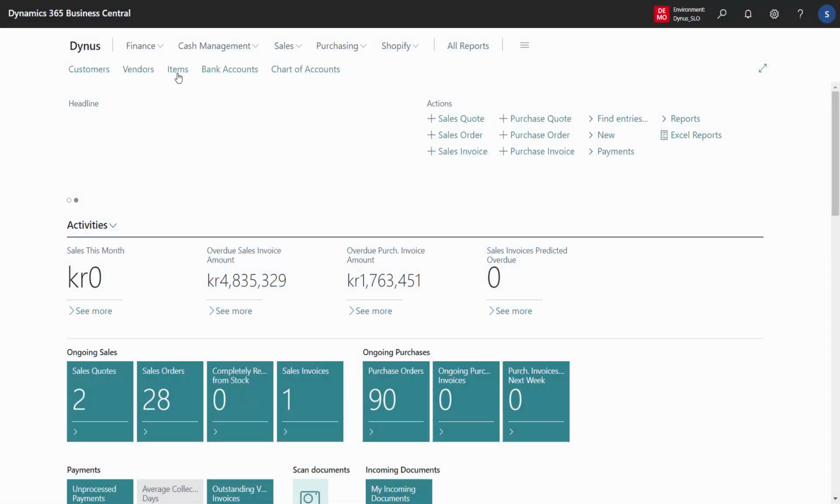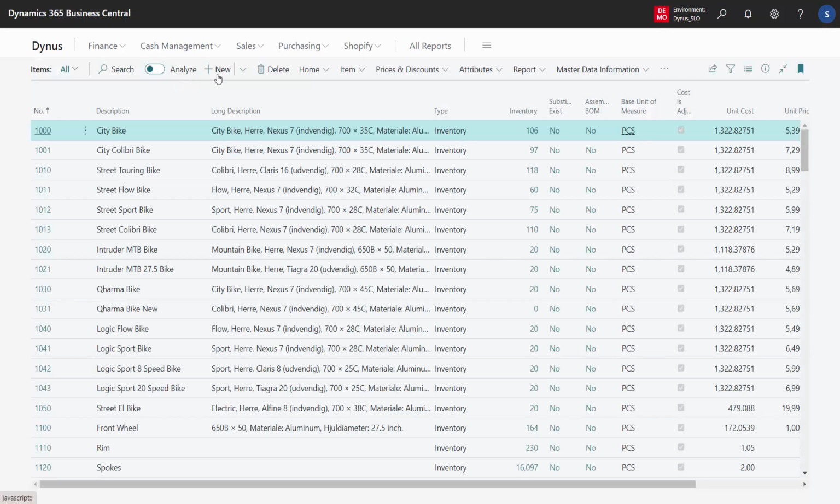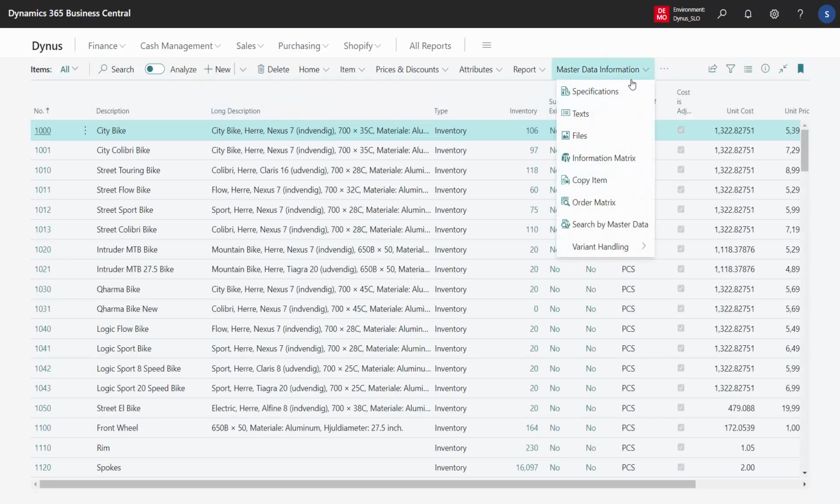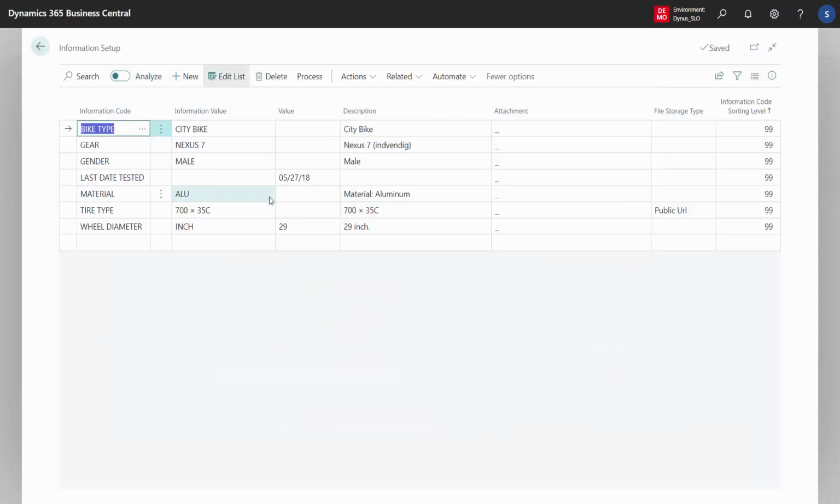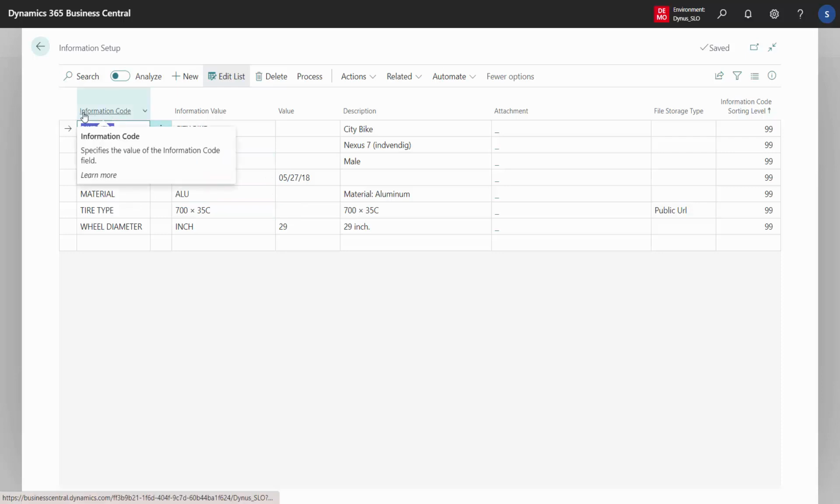Logical dependencies can be used everywhere you have master data information, so it's not only an item thing. It applies only to the master data information logic. This means if you set it up for customers and vendors or documents, it also applies. And basically, when you set it up, you have to set it up on each information code, so it's applied